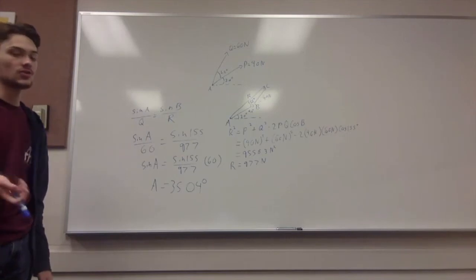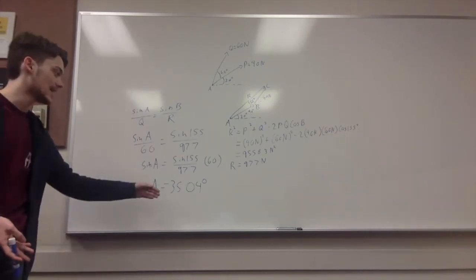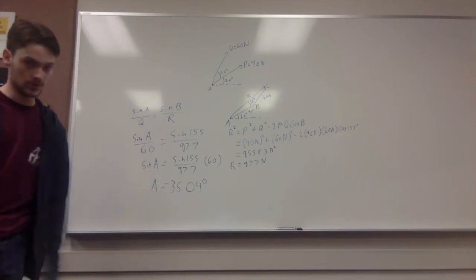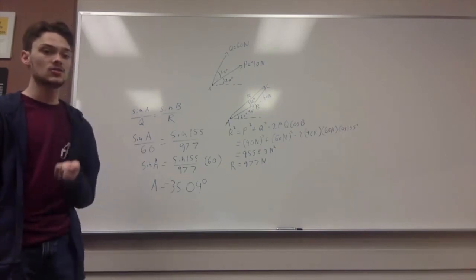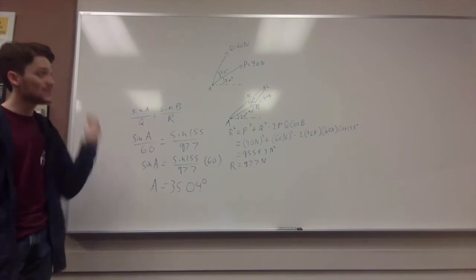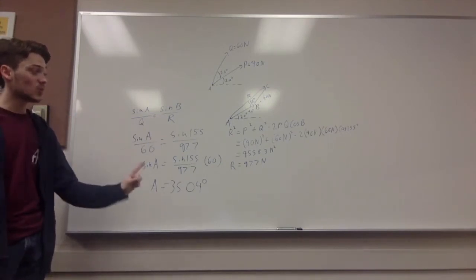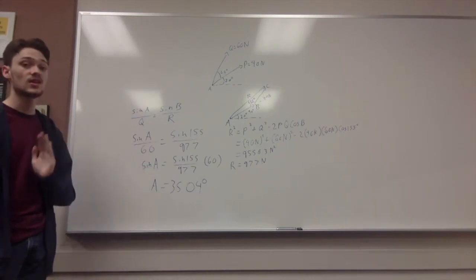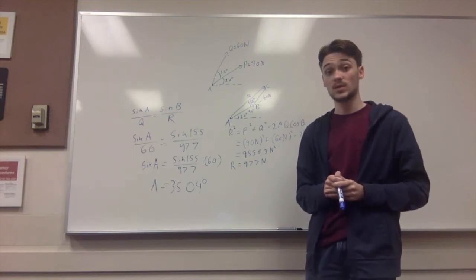Now, using algebra and inverse trig functions, we get the answer that A is equal to 35.04 degrees. So now, from all this calculation, we know that the magnitude and angle of the resulting force vector of the force vectors P and Q are 97.7 newtons and 35.04 degrees, respectively. Statics is done. We move on to